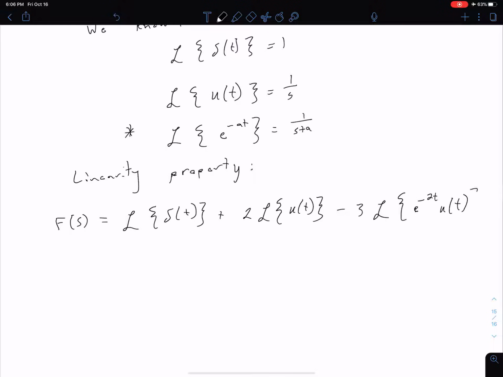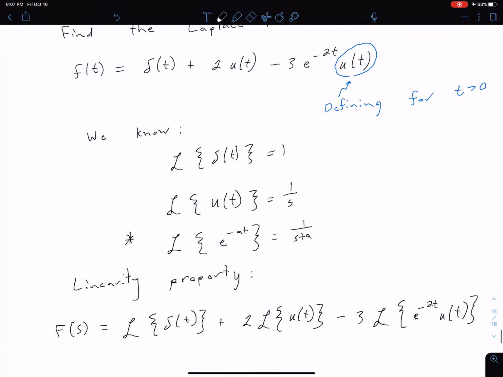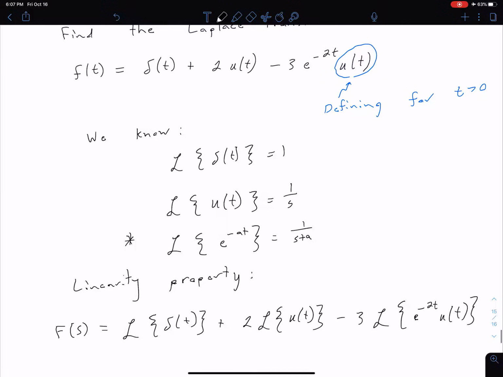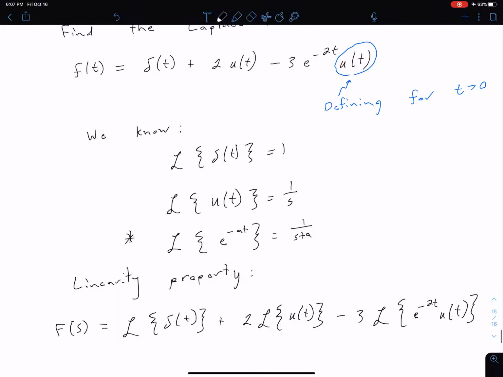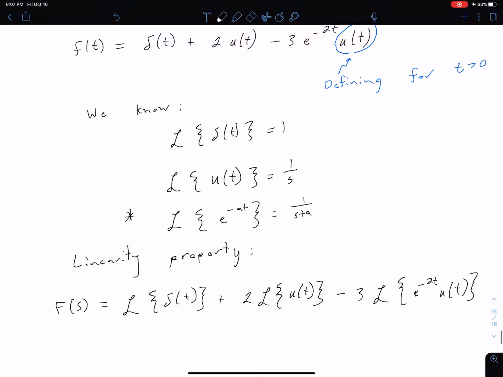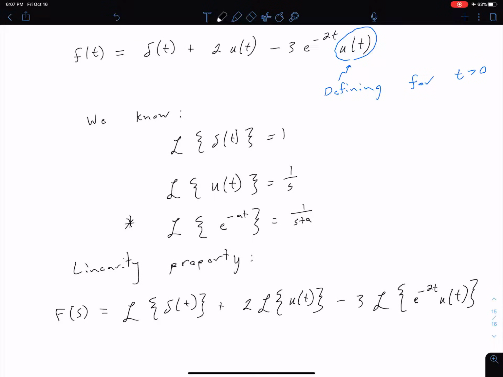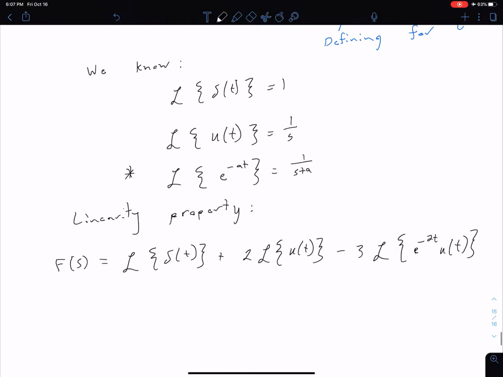And again, keep in mind this u of t here is just defining our decaying exponential for t greater than 0. So you can see I've just pulled our constants 2 and negative 3 out front of the Laplace transform,